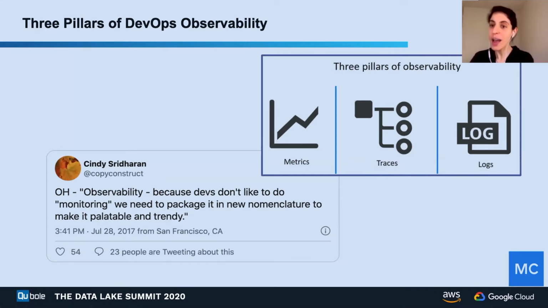Now, the question that I would like to pose today is, if every engineering team has something like this to manage their applications and the health of their applications and the uptime of the applications, why are we flying blind in data? Why don't we have the same thing in data? I actually think that is where our journey begins for data observability.